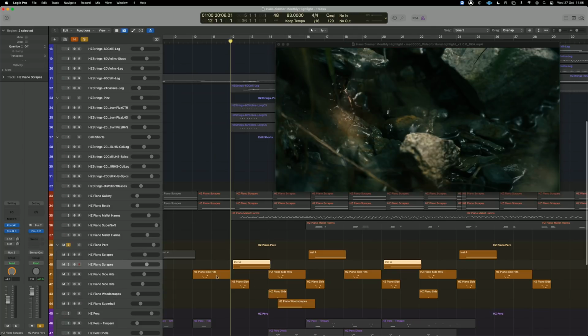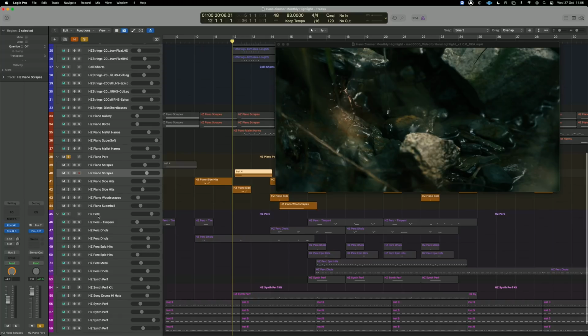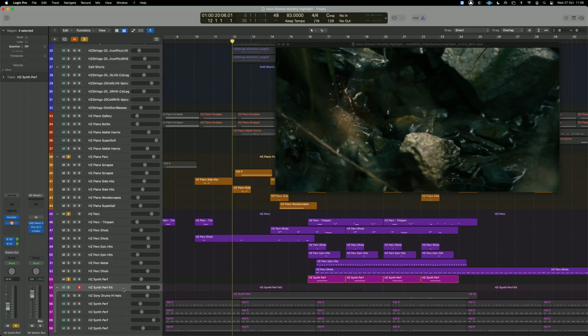Now, by doing this, I've basically duplicated parts, moved them down, and so we hear similar sounds, but they're moving from one side to the other, and this just helps to make it sound a little bit more interesting without adding too many new features each time. So if I now combine that with the Hans Zimmer percussion and the other Hans Zimmer synth kit as well,